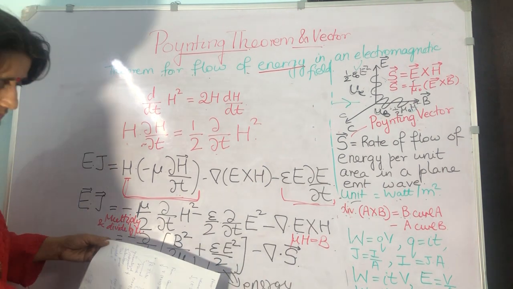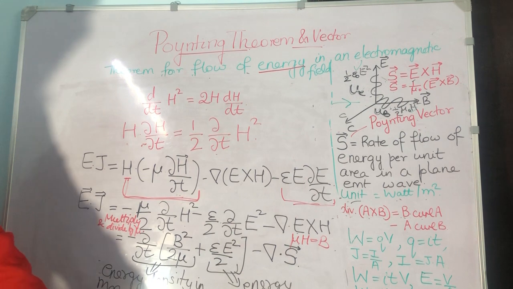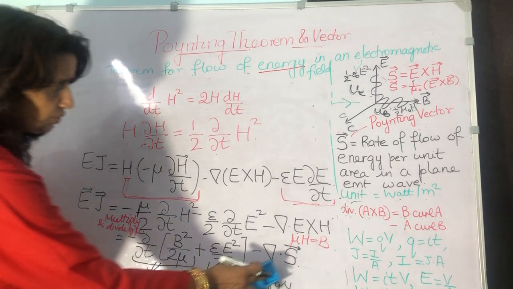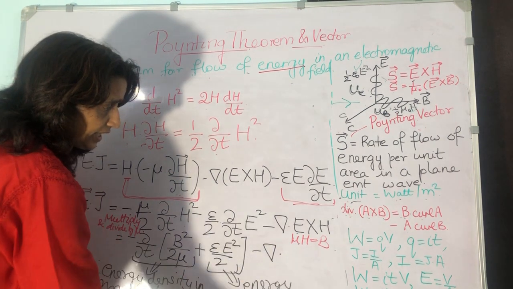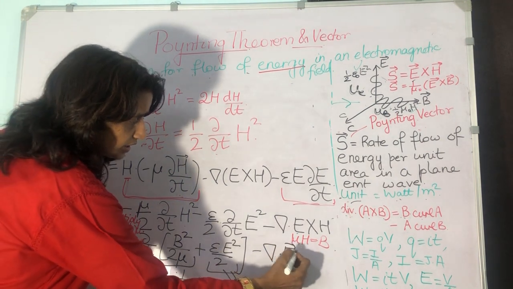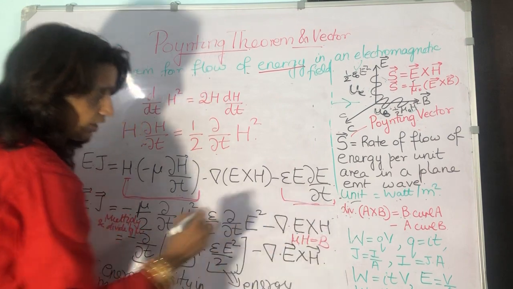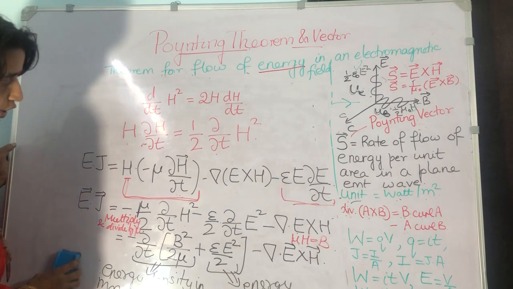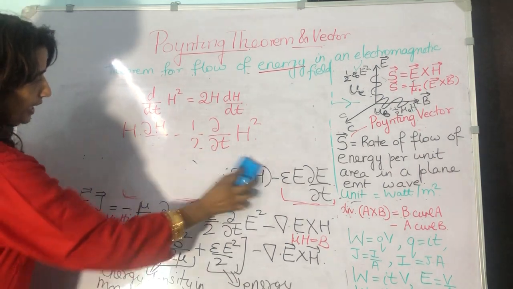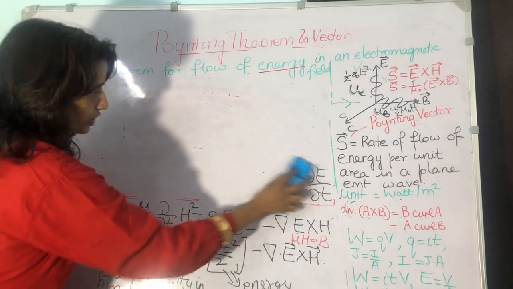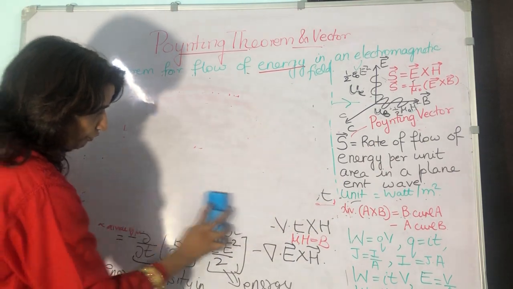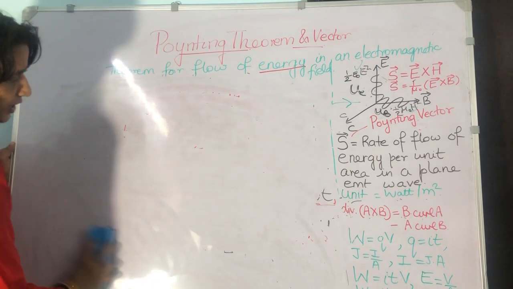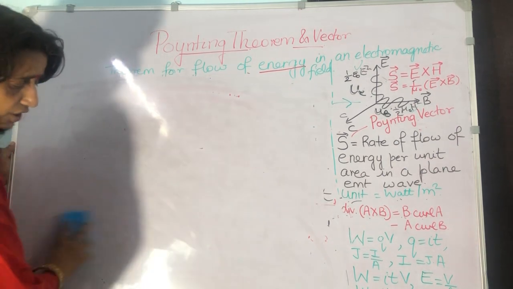Right? Now what we will do is we will integrate this expression. If you want, you can continue it as E cross H also. In the end, we will introduce you to Poynting vector. That is no problem at all. We will now integrate this equation over volume V. So, integrating this expression over volume V, we get, there are many small tricks involved in Poynting, but it is not at all difficult.